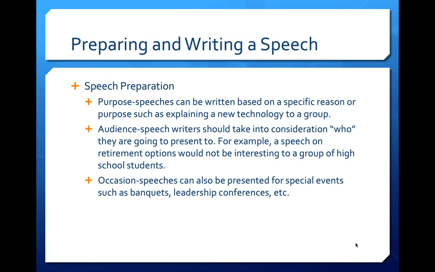In preparing for a speech, the first thing you need to do is to figure out why you are giving the speech. What is it that you're supposed to be talking about? What is it that you have been asked to speak about? What's the purpose? If it's not something that you have expertise on, you might want to contact that person and say, well, I don't have the biggest expertise on this, but could we talk about that? So the purpose really needs to be something that you know and you understand and you have a little bit of expertise on. You want to make sure that you are considering who you're speaking to.